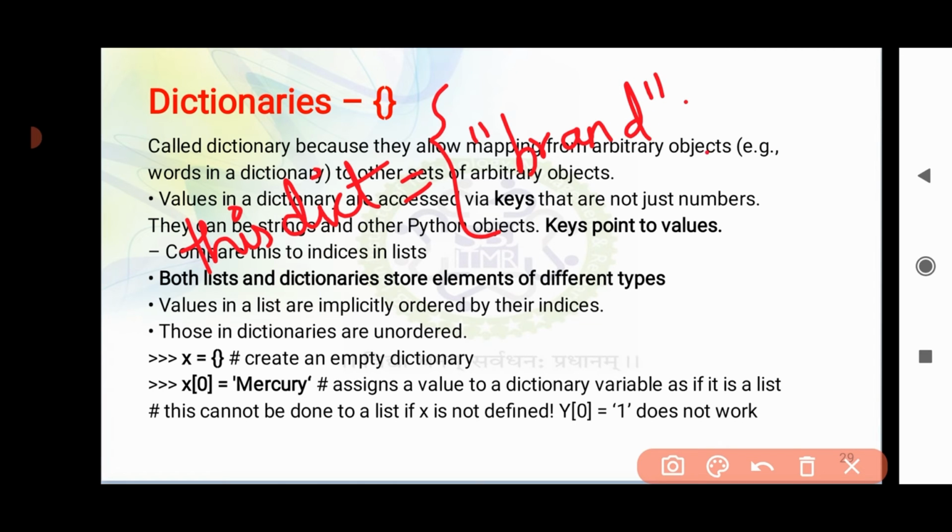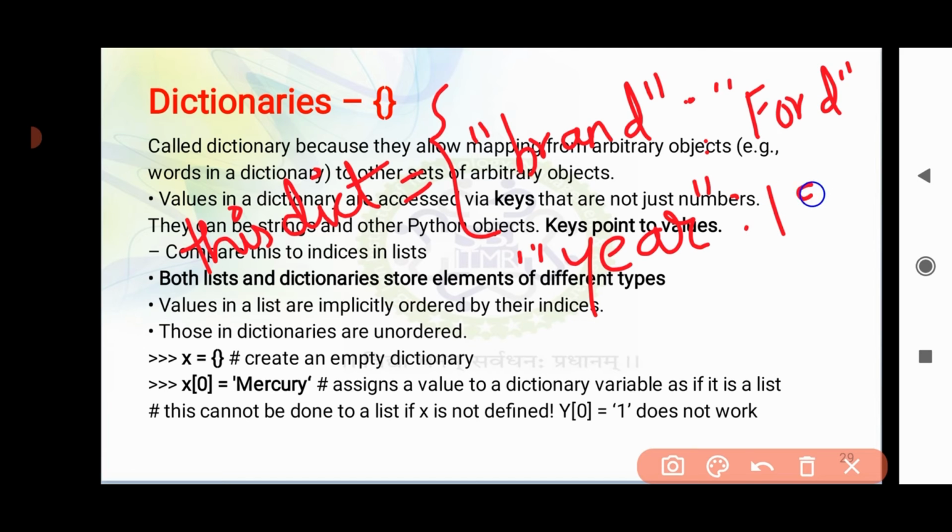So colon, and in that I write what the brand is, for example Ford. Then the other key I have is year. This means the year when this Ford brand came into the market or came into use. So my value is 1964. So this is my dictionary.